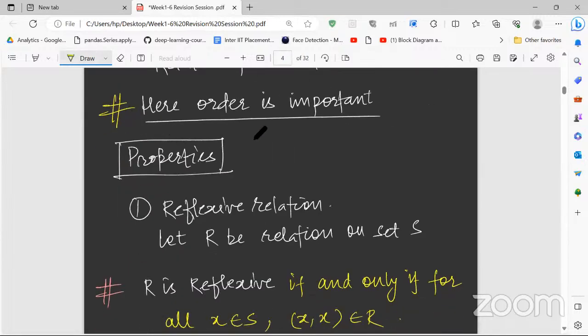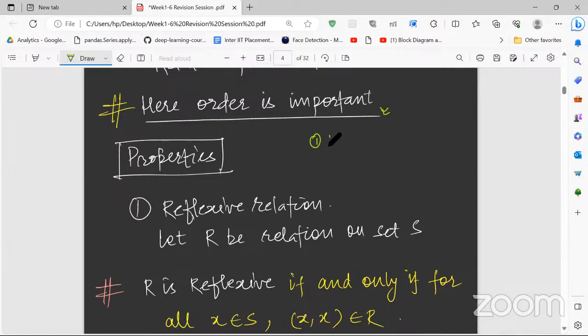So in the slides, I have written all the things. You can just go through the slides. I don't have much time to go through each and every video. So this is an important concept. You can be asked in the MSQ which of the following statements are correct, for example whether order is important for a set, or for a relation. Let me give an MSQ: which of the following can be correct.